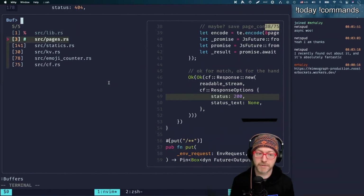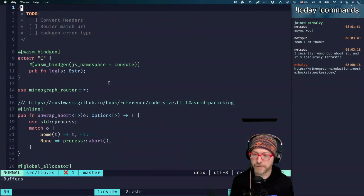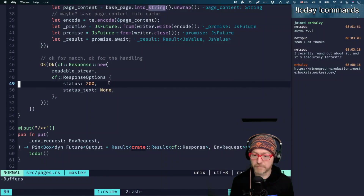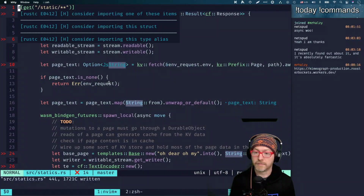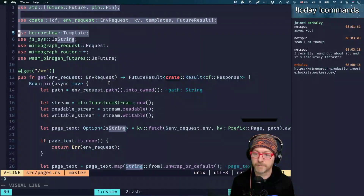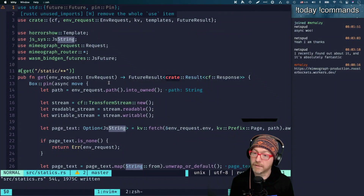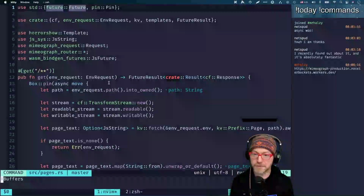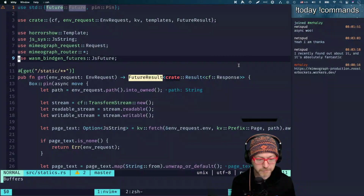Let's go to pages. No. It's our mods. Statics. Yeah, this is actually too much. It's okay. Oh, is that not needed here? Where's future used? No, it's used all over the place. Okay. But here we actually tied it up inside of that type. So